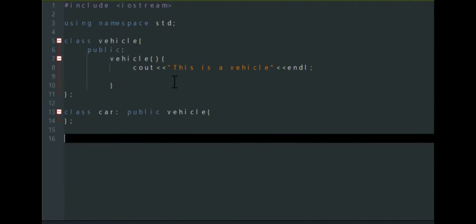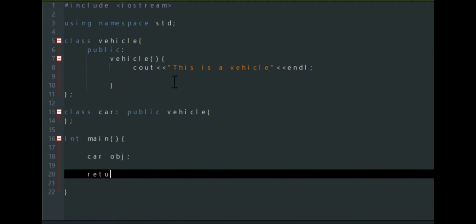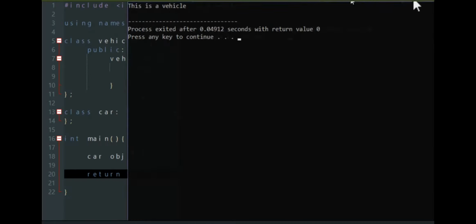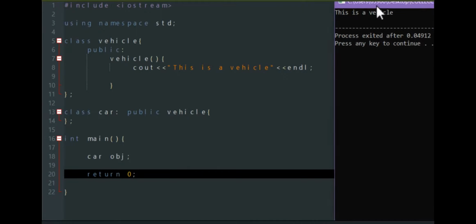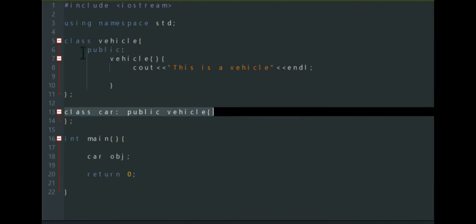Once we're done with that, we can get started on our main program. So in main, now we're going to create an object calling on the class car. And the name of the object would be just object. And we'll have this return 0. Save and compile and run. The output is this is a vehicle, which means that the class car was successfully able to inherit the content